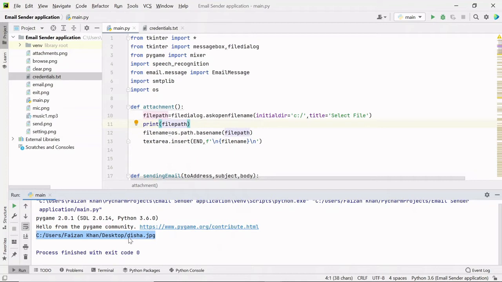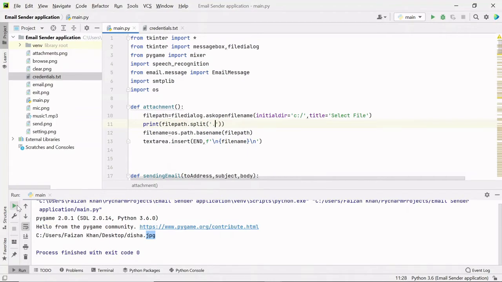So I want to send two types of documents, either images or some document file. So I'm going to split this complete path. It will become a list, and in that list, this complete thing will be one element and this format will be another element. This format will help in deciding which file it is, whether an image file or a document file. So I'm going to split this file path on the basis of dot here.